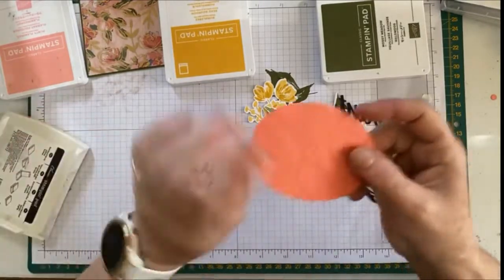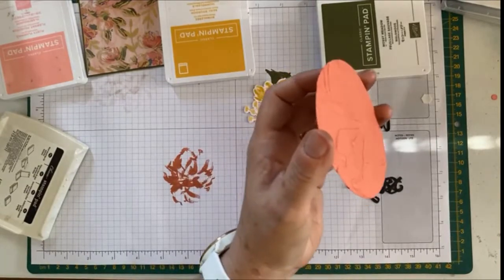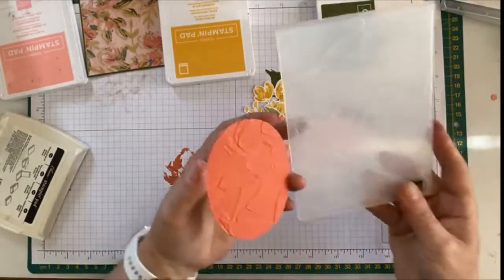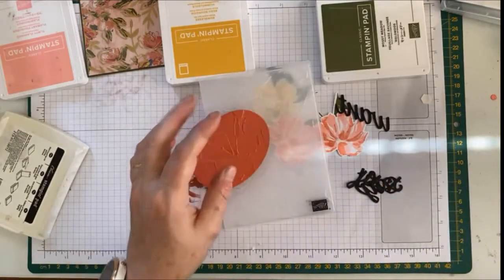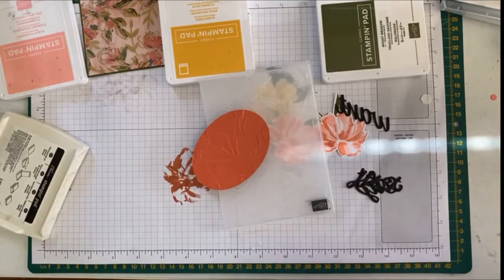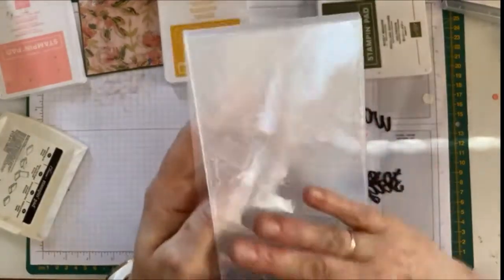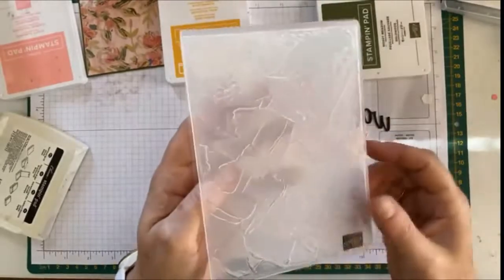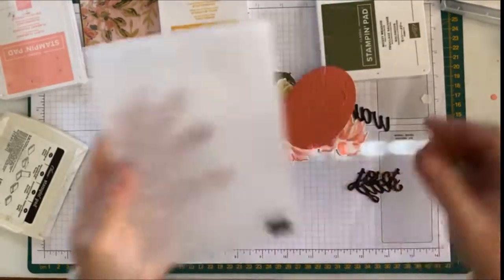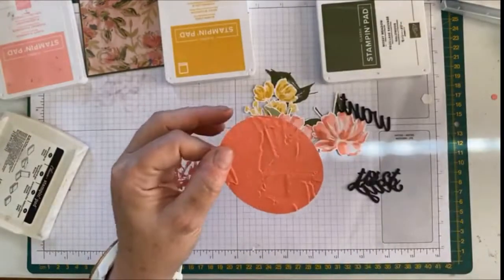So what I also have is a large oval of terracotta tile cardstock, and I have put that through the embossing folder that comes with the collection. It's like a paint, and I've got to remember what it's called, which means I'm going to have to look in the catalogue, but I can't show you, but I will look in the catalogue. It's the, what is it, painted texture 3D, and it really does look like somebody's sort of chiseled that out to look like paint strokes. It's got layers and the feel of a paintbrush in action going through it like that. So it's really quite good, and it gives such a lovely pattern to the paper. It feels really earthy and